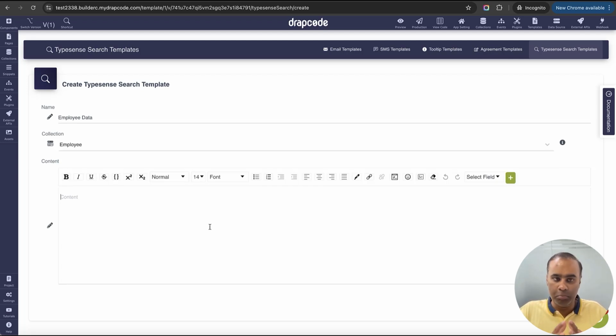Now let's say I want to build some cards, okay, and then I can do this. So let's say I want to display the name of the employee as a name in the name field. Okay, and here you're seeing we are only getting these 3 fields because these are the only 3 fields which are indexed. Okay, and then say email field, say date of joining, let's say I want it bold. You want to add some design,